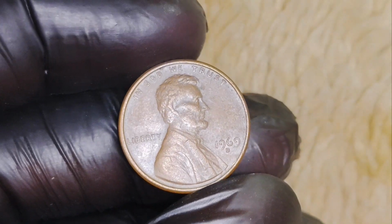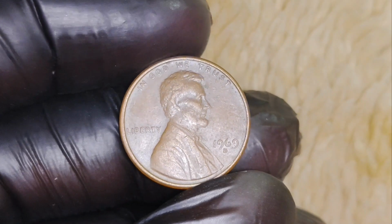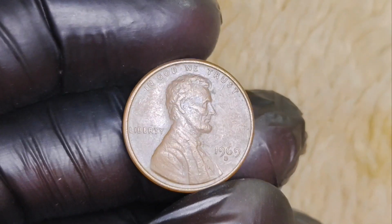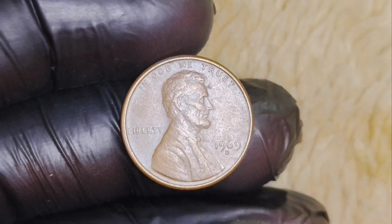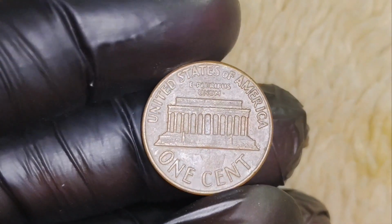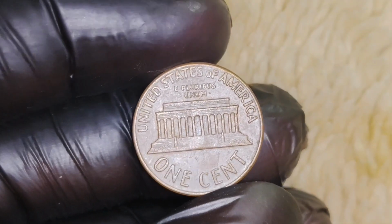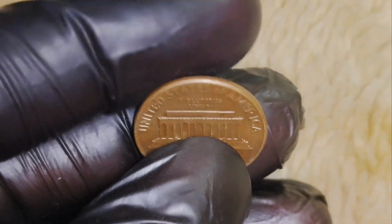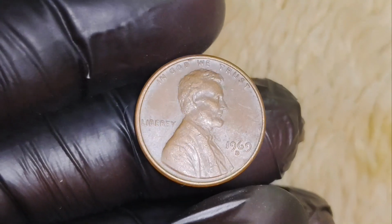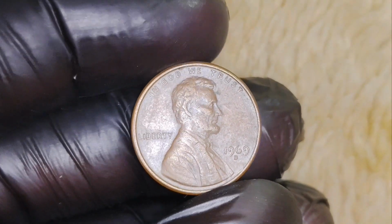We're diving into an incredible story of a seemingly ordinary coin that could change your life. We're talking about the 1969 Lincoln penny, a coin that has gained legendary status in the world of coin collecting. Could you be holding a 1969 penny worth up to $1.7 million? Stick around to find out how this small piece of copper became one of the most valuable coins in circulation